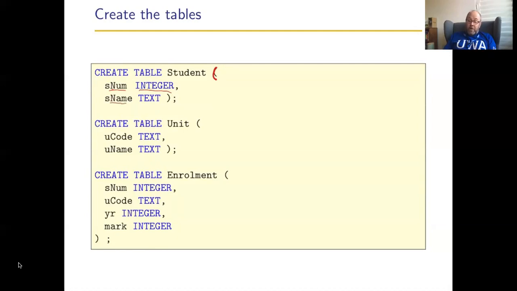Sname, the student's name, is going to be a field of type text. Now, a field of type text is used for storing character data. If you declare that a field is of type text, then there's no particular length assumed. So at the moment, any text information can be stored in the student name column. Okay, create table unit. That's a unit code, and that's going to be text, because unit codes are things like CITS1402. That's a sequence of letters and numbers. And the unit name is a text,